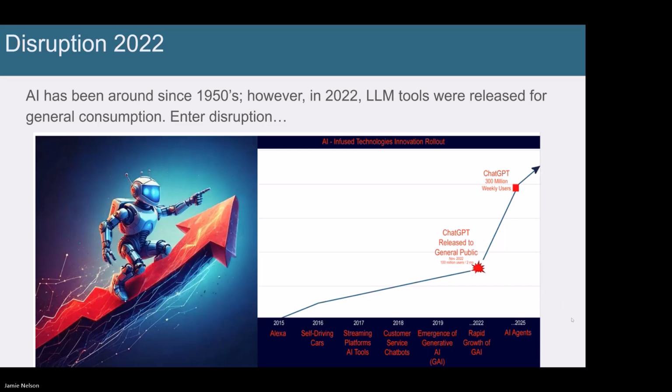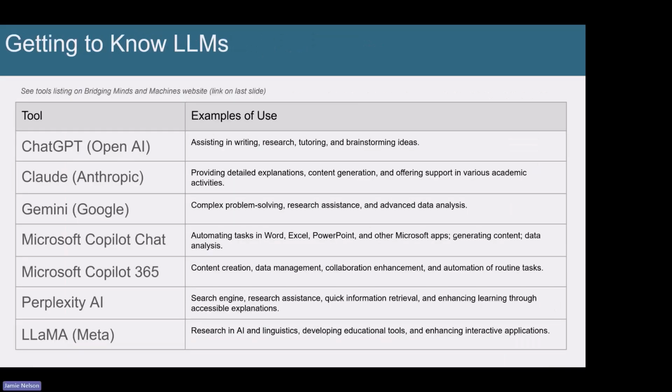But let's talk about some of those LLMs. Let's talk about what we're using. We have a website, and we posted the link to that website in the chat earlier, and it's the Bridging Minds and Machines website. And on that website, you're going to see an extensive list of AI tools for various uses. And one of those lists contain the top used large language models, which is what you have in front of you. And so ChatGPT, Claude, Gemini, Microsoft Copilot Chat, Microsoft Copilot 365, Perplexity AI, and Llama, which is Meta's